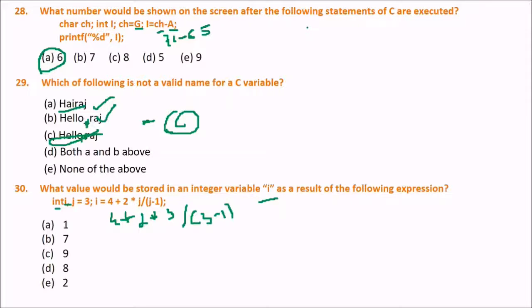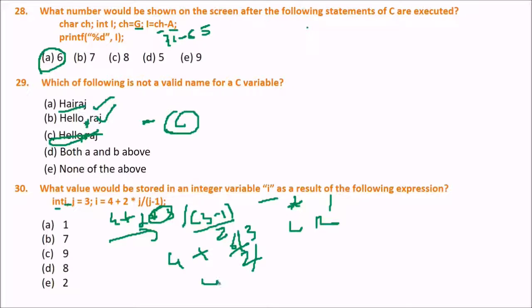So let us do it now. First is the bracket, the parenthesis. The round brackets will be computed first, so it will be 2. And then, because this is 3 by 2, in multiplication and division the precedence goes from left to right. So first 3 twos are 6, then 4 plus 6 by 2. Now division will be computed, so that is 4 plus 3. The answer will be 7. B is the correct answer.